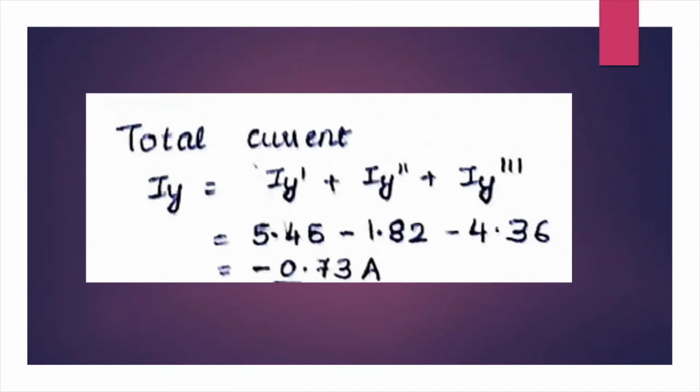So the total current by superposition theorem is that we consider the three sources separately and we consider that response and we add them. So all the three currents we are going to add. When we add them, all the direction of the current is also the same, which is from left to right, so we can easily add them. Otherwise we'll have to subtract if it is in the opposite direction. So we are going to add them and the net current is going to be minus 0.73 ampere.